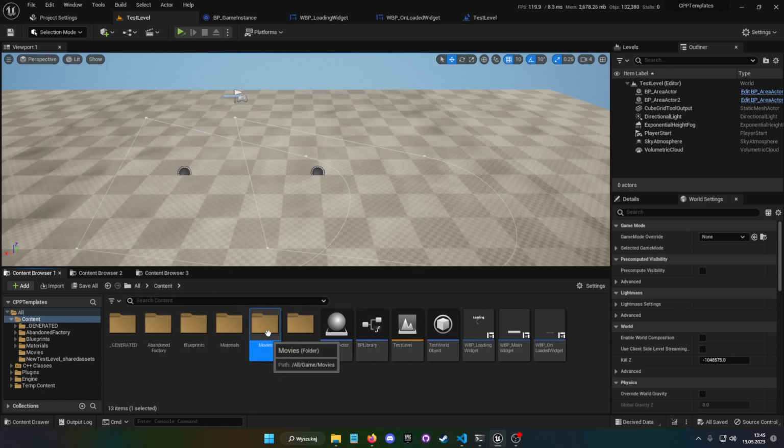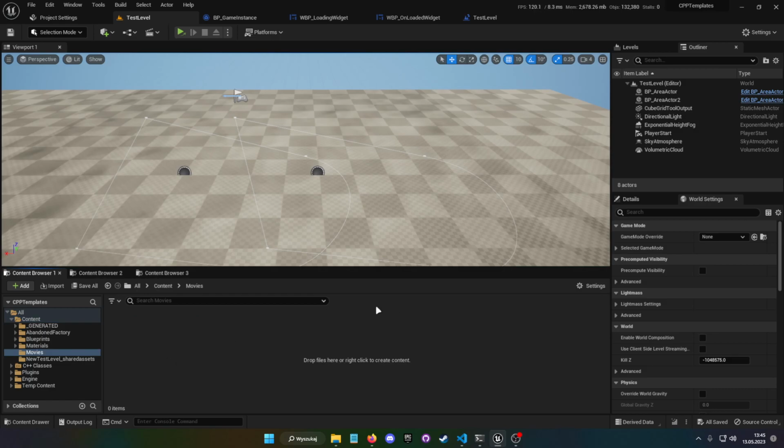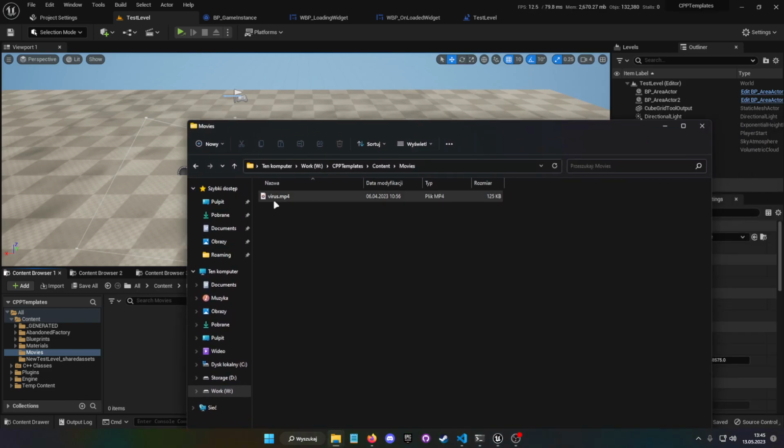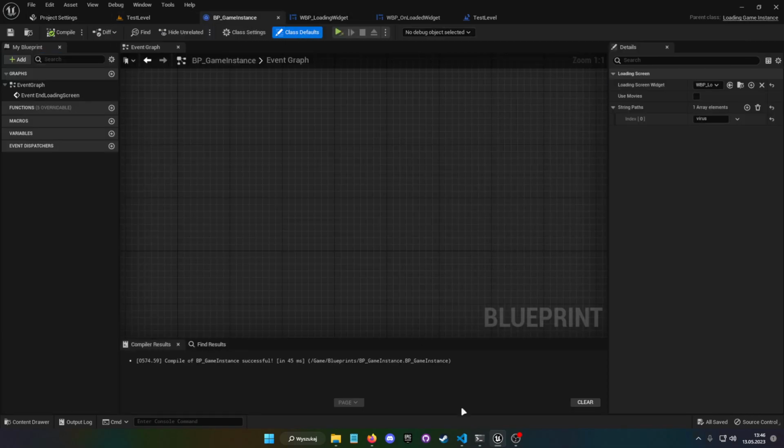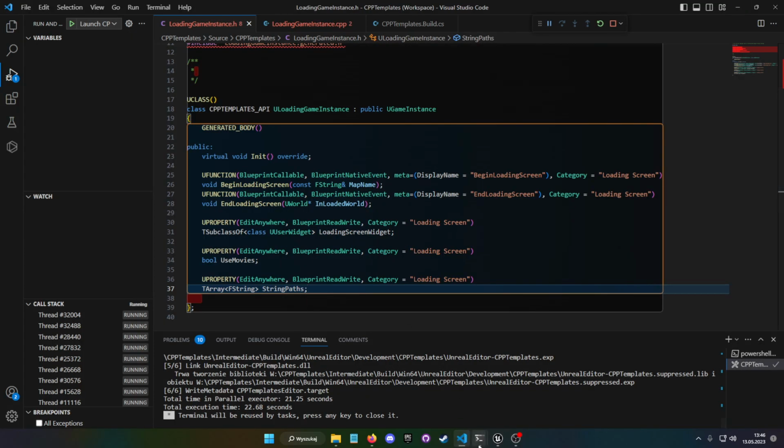You need to create that folder yourself, and to include the video file in that folder, you don't have to drag and drop into the engine. You can just use the file explorer. You see I have a virus.mp4. I'm going to show you what it is in a moment. Just drag and drop in file explorer to the movies folder, and you can use that. And so yeah, that's basically how the header file looks. And there are some terminals I can close.